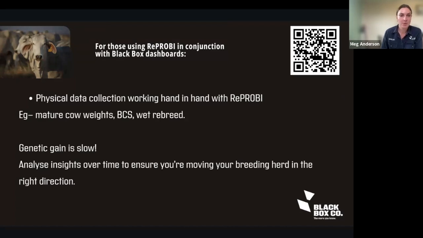If you're not familiar with ReproBI, it is a genomic prediction tool. It is multi-breed as well. So it allows you to take a DNA sample at any age from any breed and compare them against a reference herd. In short, for those of you who are using it currently, the reason you're doing it is to accelerate your genetic gain, like any genomic testing. You can take a DNA sample at branding or weaning and try to speed up the rate at which you can